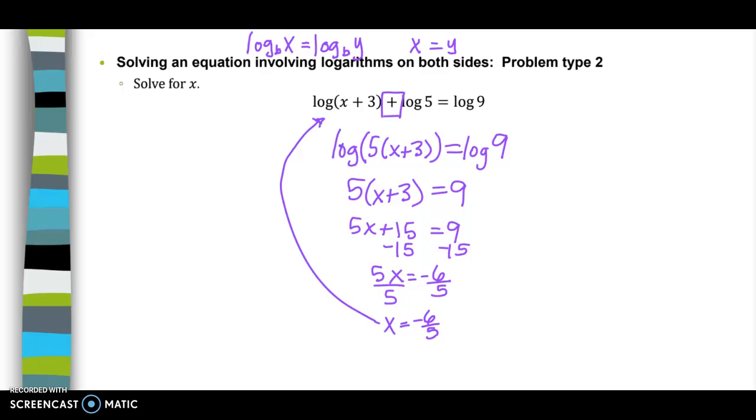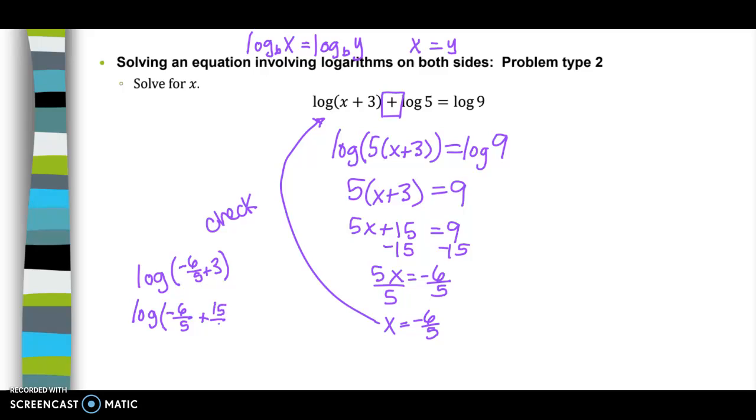Okay, plug in negative 6/5 for x into the original and see if I get a negative inside my log. So the log of negative 6/5 plus 3, what is that equal to? Well, it's going to be a positive number, right? I can actually check by finding a common denominator,